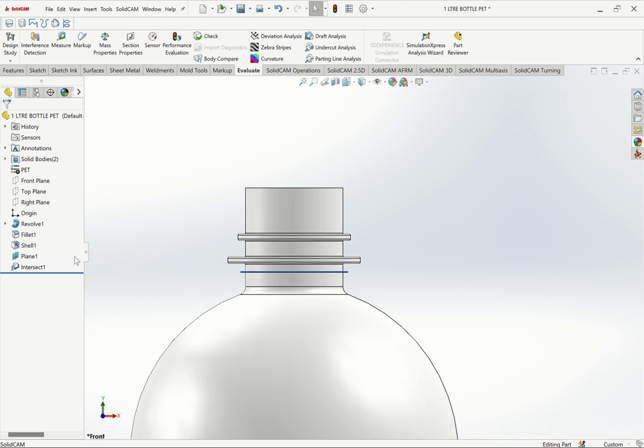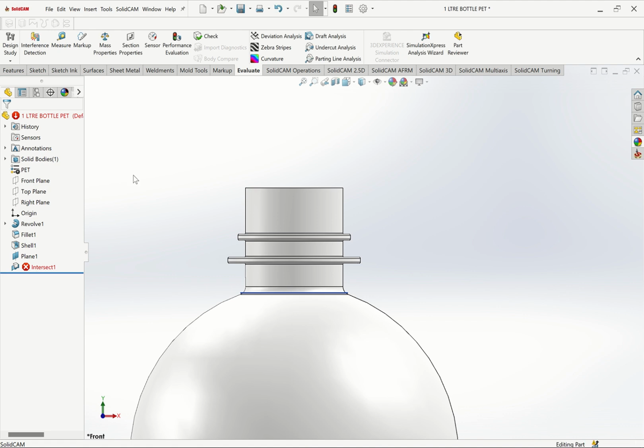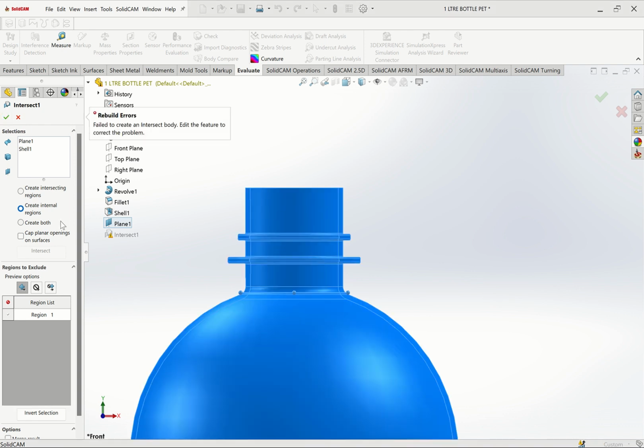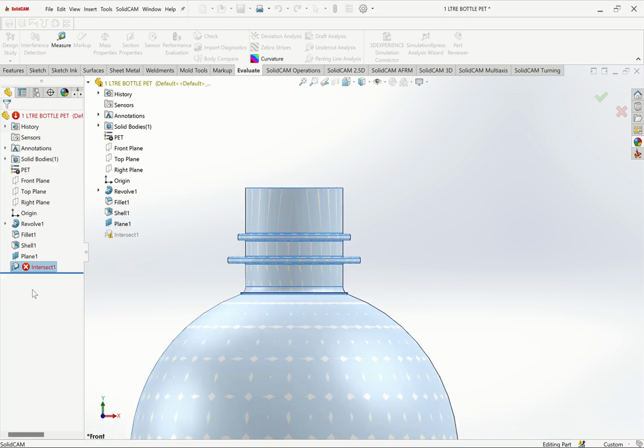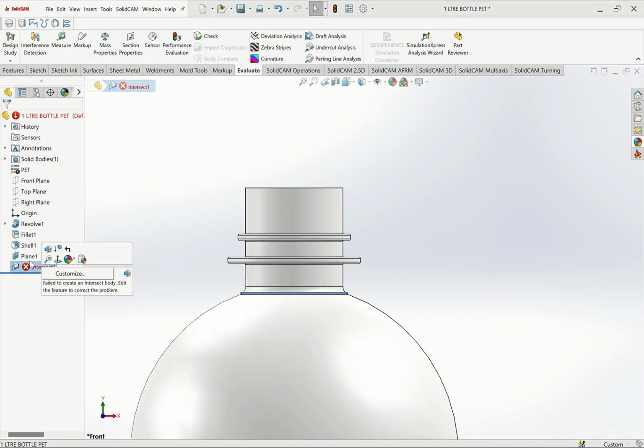So somehow I can maybe change the plane here. Maybe, for example, I can change the plane to 25, if I don't want to change the design. And then here, I can just say edit, then okay. Yes, edit, okay. You see, here, it will not tell me because it is giving me the problem. So if I click here to rebuild again, rebuild, you see it won't accept, which means I need to again